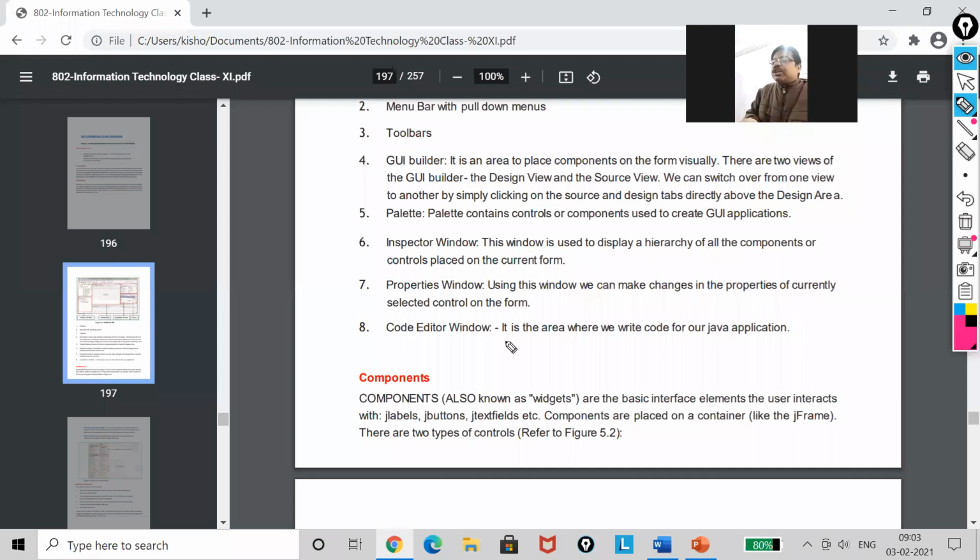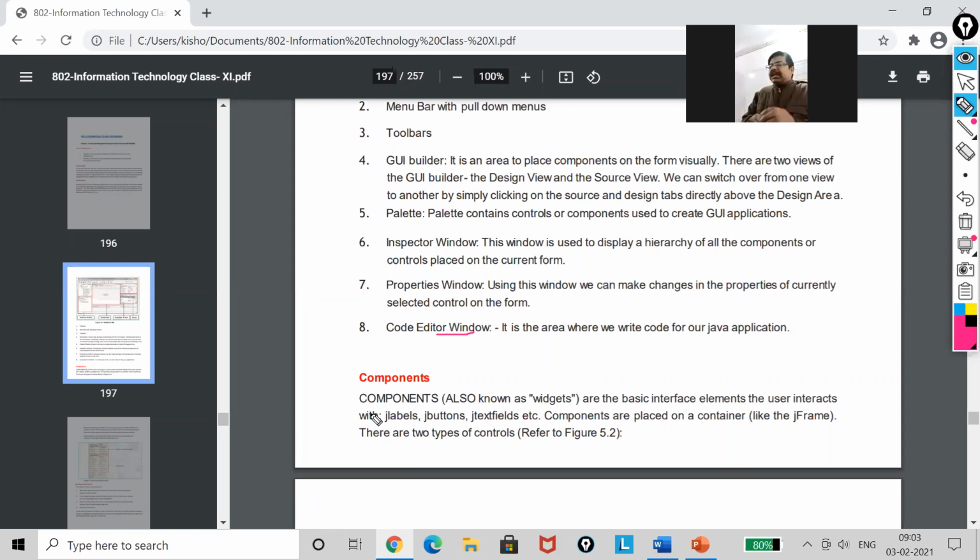Now the next one is the code editor window. Actually, this editor window will help you to write the code. Whatever code you want to use for your controls, you can write in this window. Now the next one is components, which are also known as widgets.